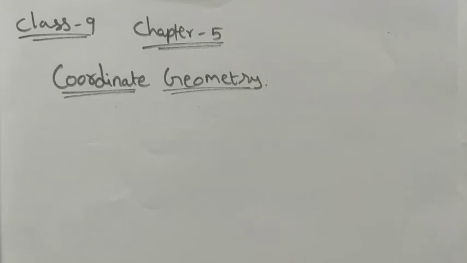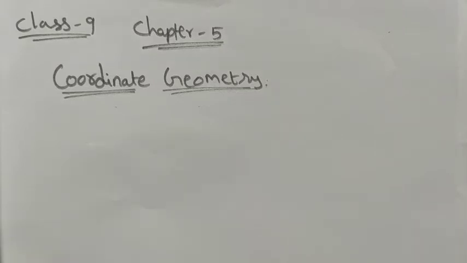In this coordinate geometry chapter, we are going to study coordinate points, exactly how to describe the position or place of points and the distance between two points. When the numbers are given, we can easily find the distance, but when two points are given, we have to use a formula.